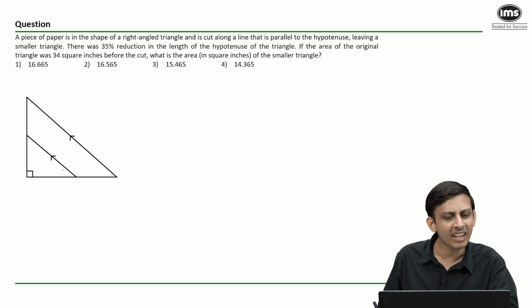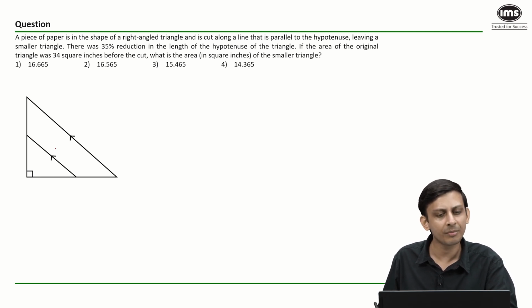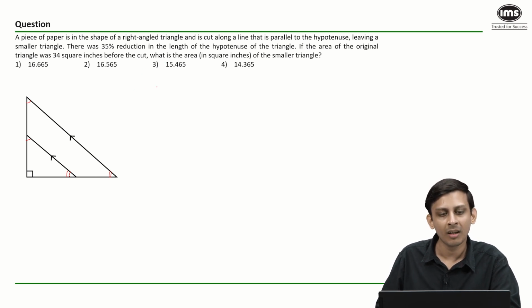Here, because this line along which we are making the cut is parallel to the hypotenuse, we will get two similar triangles. Because this angle will be equal to this angle, corresponding angles, parallel lines. And similarly, this angle will be equal to this angle. So the smaller right angle triangle and the larger right angle triangle will be similar to each other. And we'll use similarity. If we get the ratio of corresponding sides, then we can get the ratio of the areas. So if we look at the larger triangle